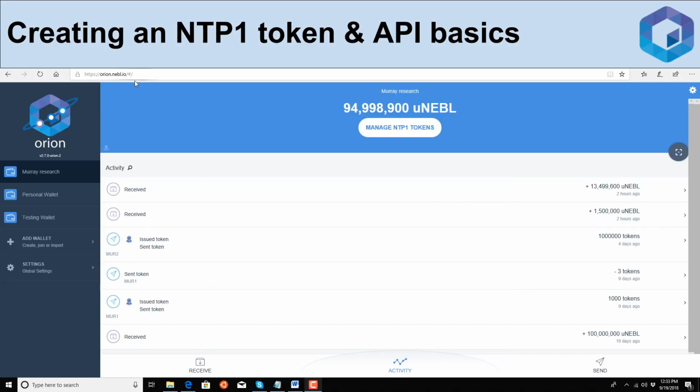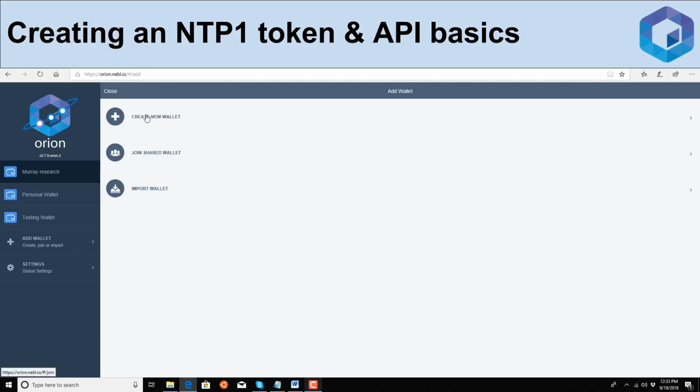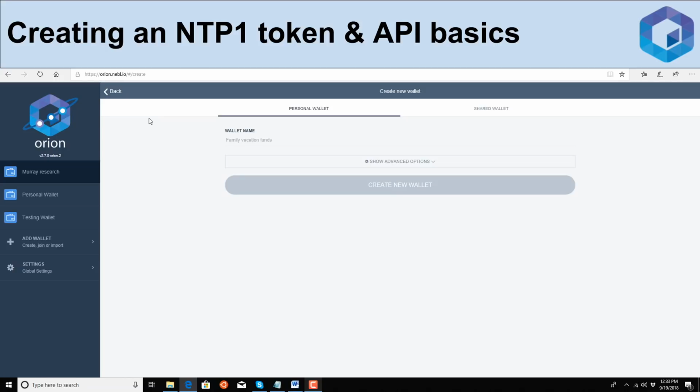Okay, here is my Orion wallet. I have a couple of wallets that I've already set up, but I want to show you how to create a wallet from scratch. So we're going to start with Add Wallet, Create Wallet, and we'll call it